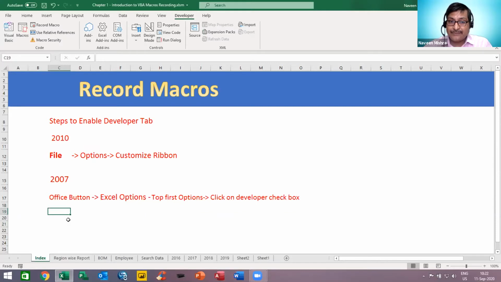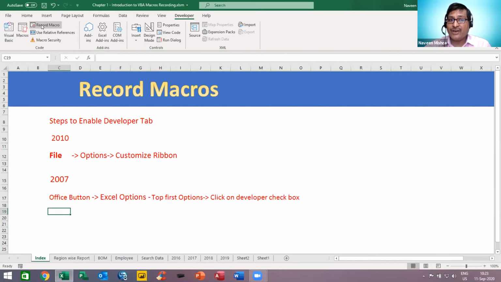Now the next step. I want to show you how to start recording, how to create, how to build, or how to record a macro in MS Excel. So in MS Excel, we can go to the developer and we can use this record macros, right?